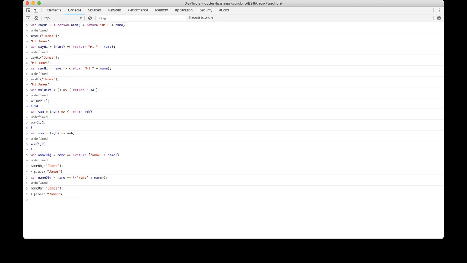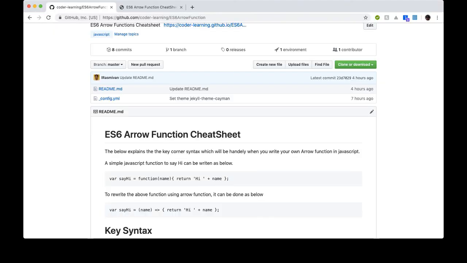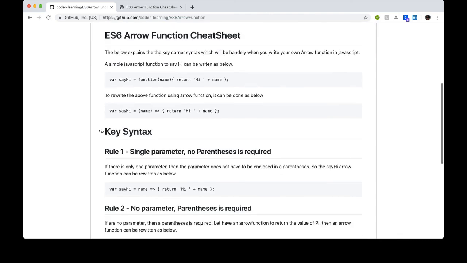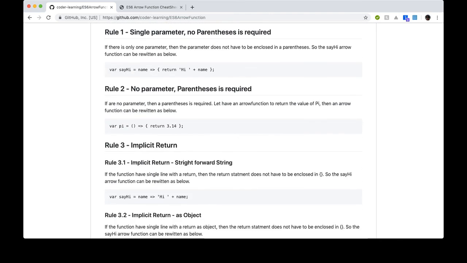So that's pretty much what we want to cover. If you want to take a look at a basic example of what we have actually covered, the text explained in this video is also available as a Git page for your reference. I'll definitely paste a link